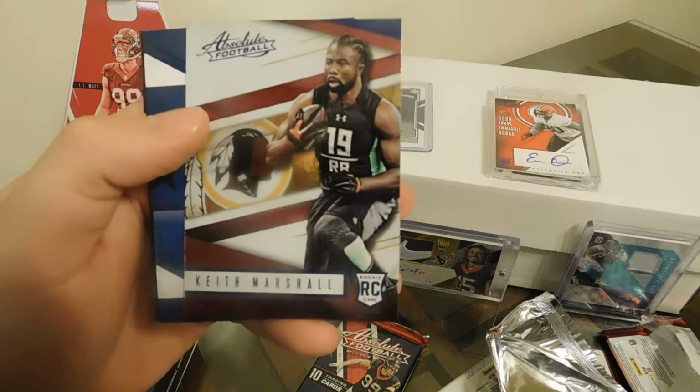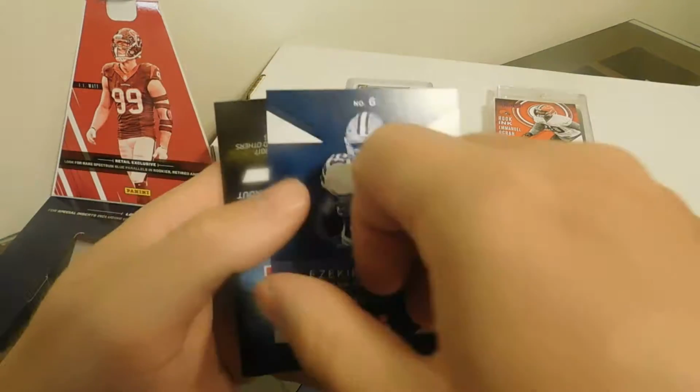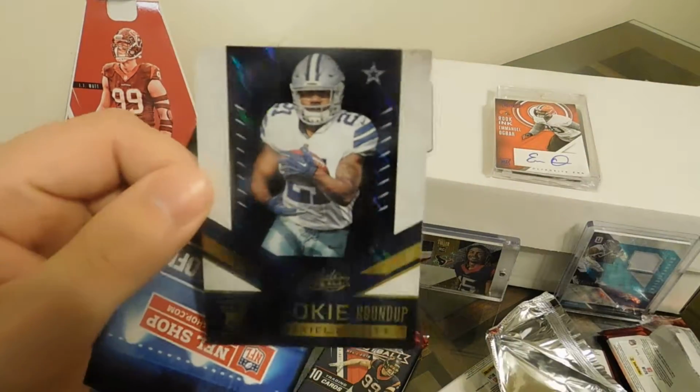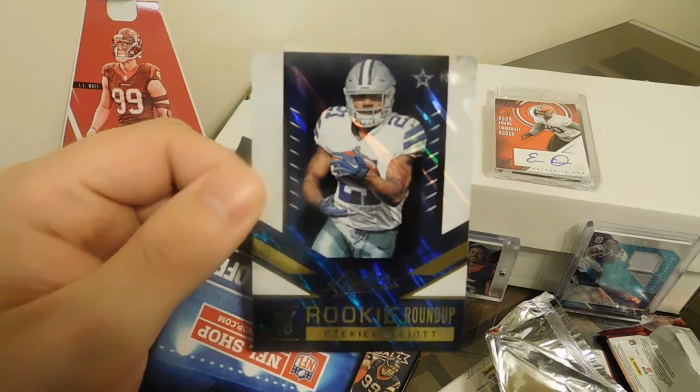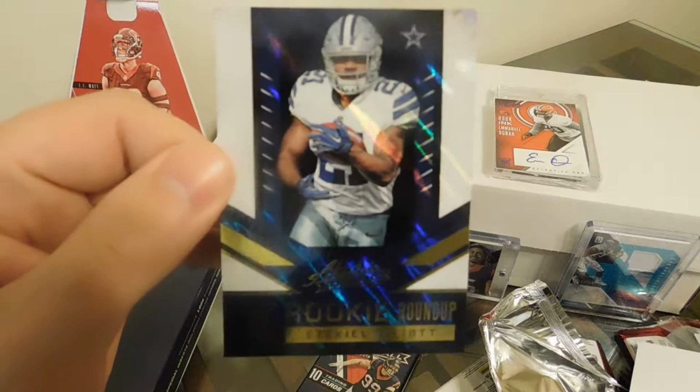Yeah, it's just a rookie insert, blue, and Ezekiel Elliott, rookie roundup. It's a nice looking card right there. Too bad that one's not signed. I hate to complain, but